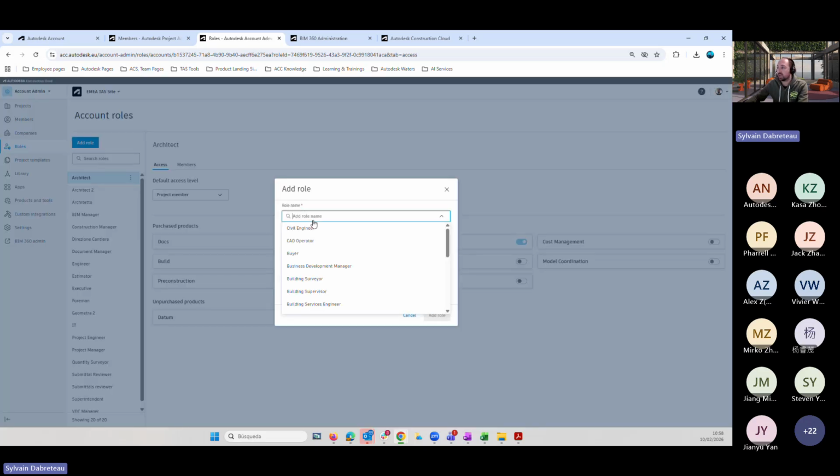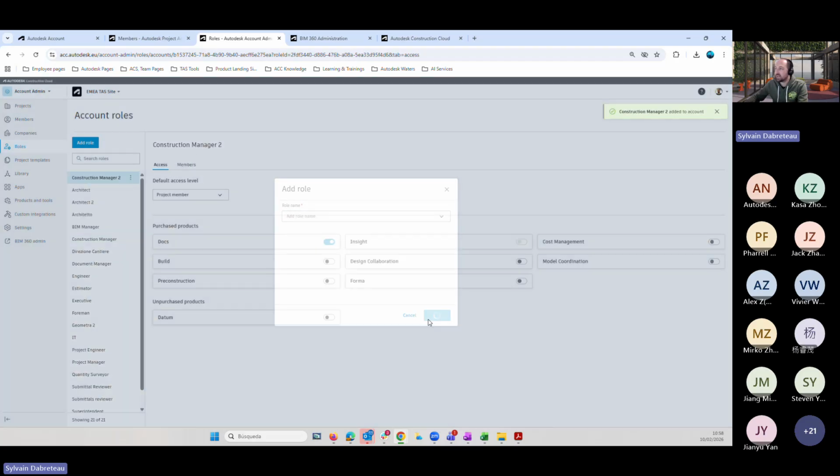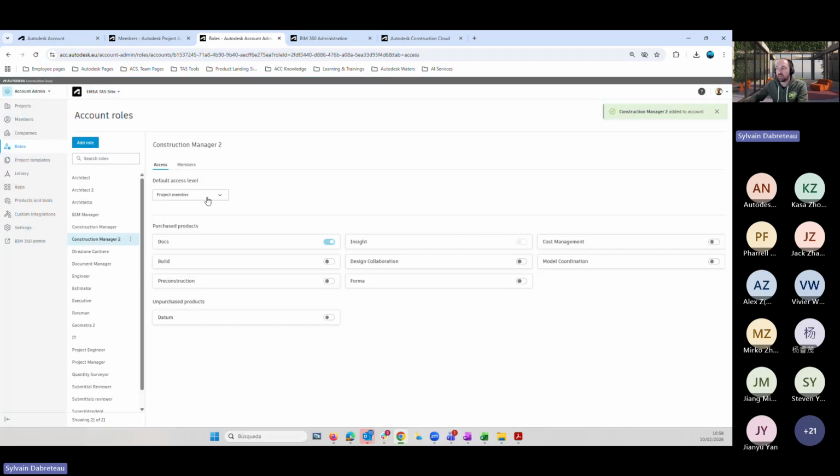I will create a new role here, I don't know, a construction manager. It's already existing, so a new one, construction manager 2. Add the role. And for this construction manager, I want by default the person to be a project member, with Docs and Build by default. So you need to contact the account administrator, for instance David, to create new roles.